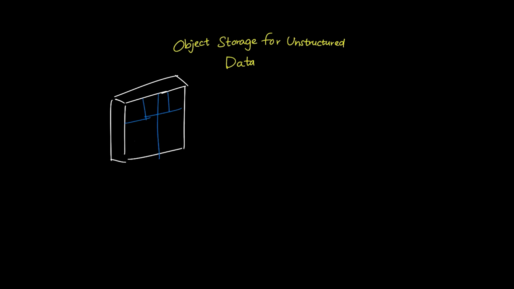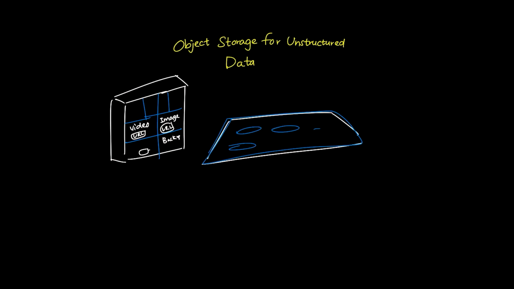Object storage revolutionized how we handle massive amounts of unstructured data in the cloud. Think of object storage as a massive warehouse where each item, whether it's a video, image, or backup file, gets its own unique address label that can be accessed directly from anywhere on the internet. Unlike traditional file systems with folders and hierarchies, object storage uses a flat namespace where every object has a unique URL, making it perfect for content that needs to be distributed globally. Each object is stored with its metadata as a complete package, and the system can scale to billions of objects